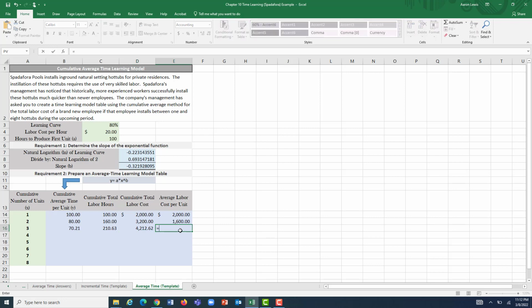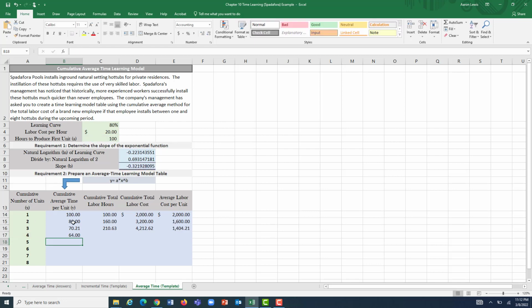So on average, if we got to spend a little over $4,200 to install 3 hot tubs, our average labor cost per unit is $1,404.21. And I want to start making cells absolute here so I can handle in the rest of the way. Our cumulative average time per unit is the same formula. So 100 times, we're up to our 4th unit, to the power of our slope,